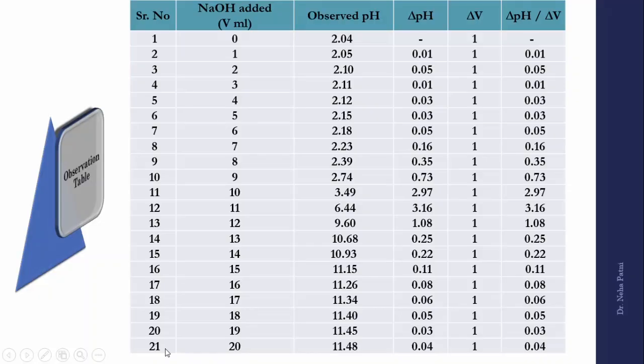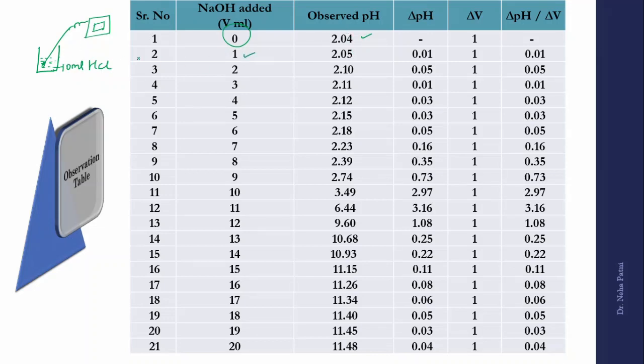Now let us go ahead with why we are doing this, or what we are doing. See what we have done. We have one beaker in which you have added around 10 ml of HCl. Then you dipped one electrode in it, which was a combined electrode, but the electrode was not properly immersed. So you added some distilled water to it. So now it is properly immersed. Now this electrode is joined to a pH meter, and here you will get some reading. So now the first reading is 0 ml NaOH. That means your pure 10 ml HCl, the first reading is whatever comes here, 2.04, right? So that is what you have to write.